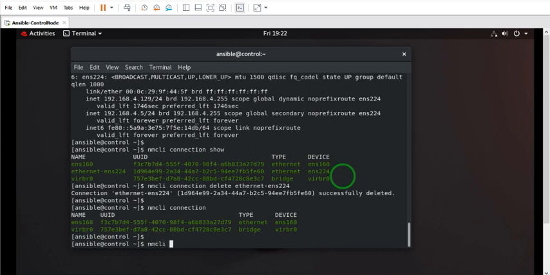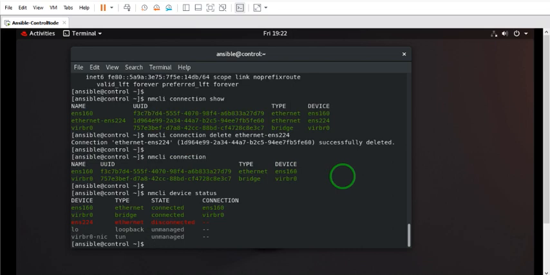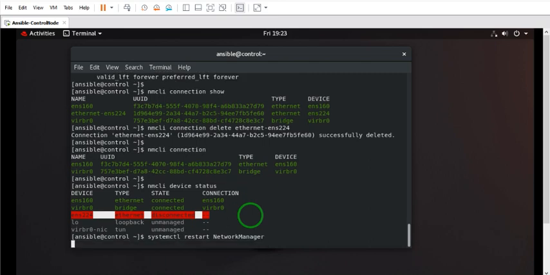Now, if you do nmcli device status, here you can look into some information. Since I deleted the Ethernet ENS 224, the device status now shows the interfaces. The first interface is ENS 160, type is Ethernet, state is connected, and the connection name is ENS 160. And we also have a line in red color, and that says ENS 224, type is Ethernet, state is disconnected. And now if I do systemctl restart NetworkManager, this is the service which takes care of